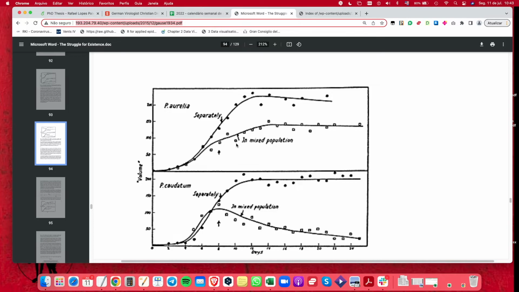Okay, and so just to finish the discussion, there was something very interesting, which, if you read the book, is just some lines later. He made the same thing again, but day after day, Gause cleaned up the metabolic waste that the species leave in the medium. It cleans up the medium of the metabolic products. Okay? What happened is that Paramecium caudatum wins